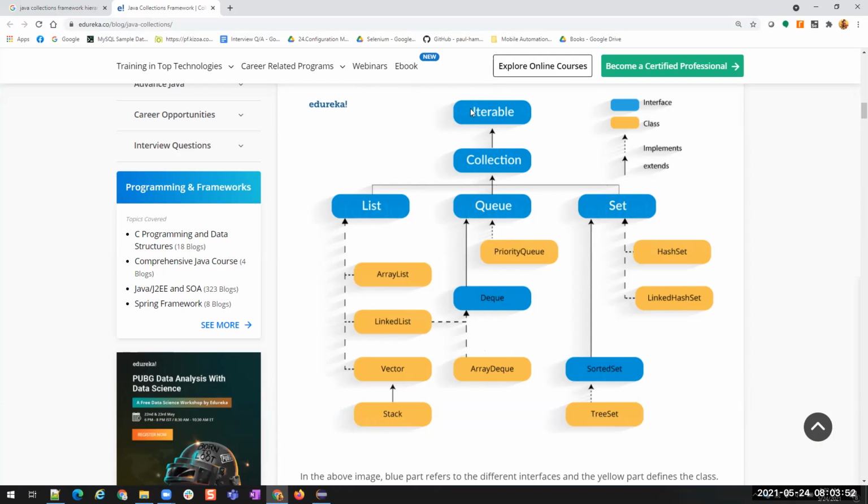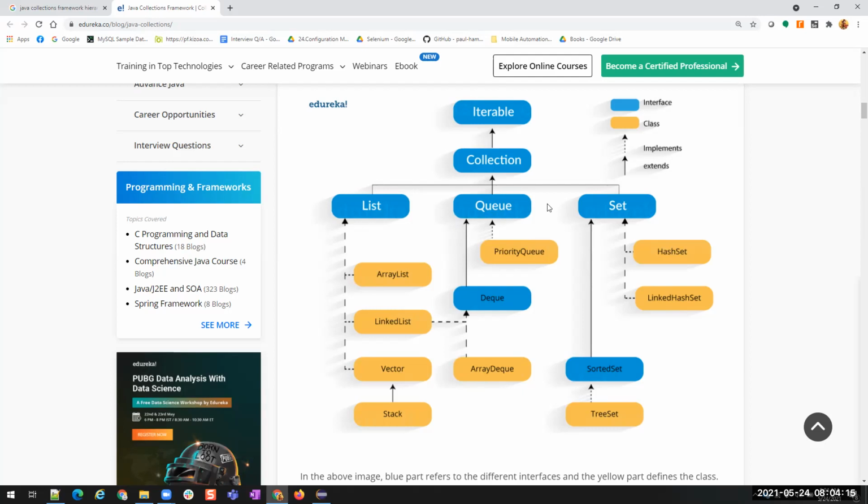So we have the iterable interface, which is extended by collection, because interface to interface it is extending, and interface to class it will be implementation. Okay, so this iterable interface is extended by collection, and this collection is again extended by three sub-interfaces.